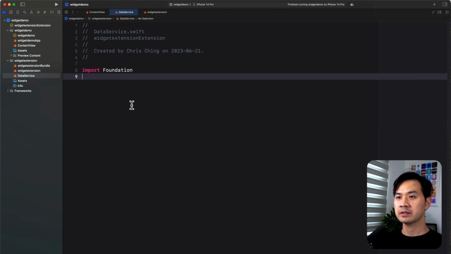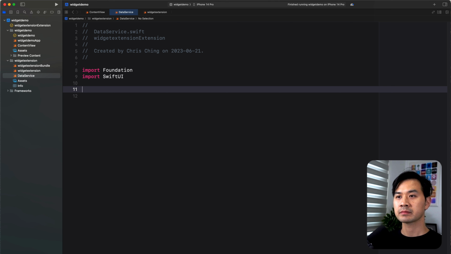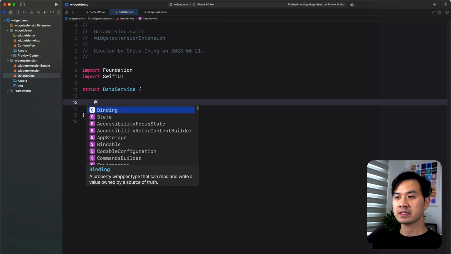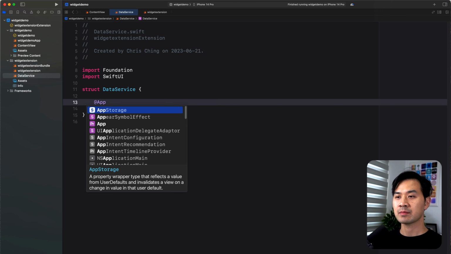And then in here, we've got to import SwiftUI, struct DataService, and then we're essentially going to have the same thing, right? App storage,